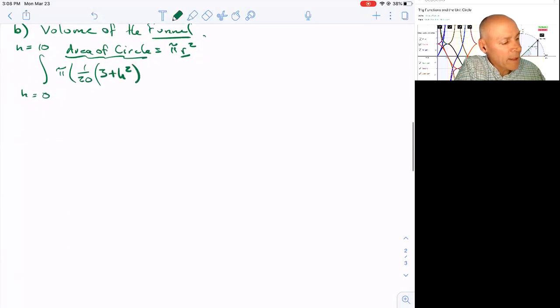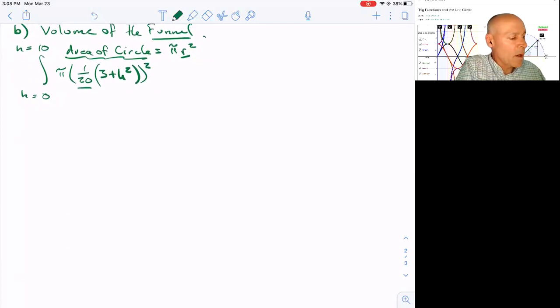And we have to recognize all this, including that constant, is squared. So all of this represents r. So again, this is just pi r squared, and that's going to be with respect to dh. Okay, so now